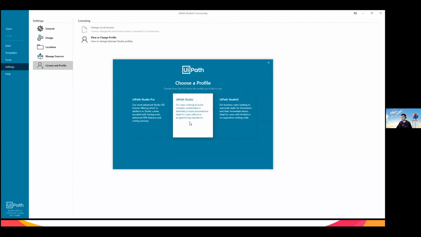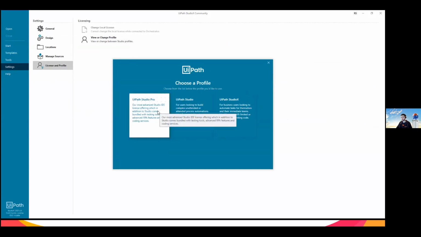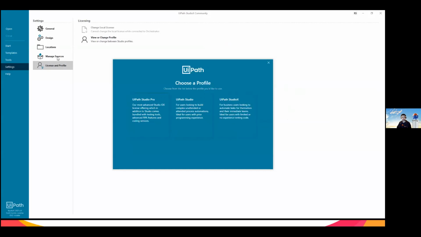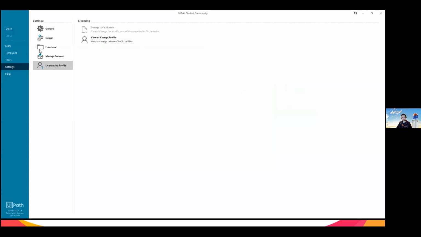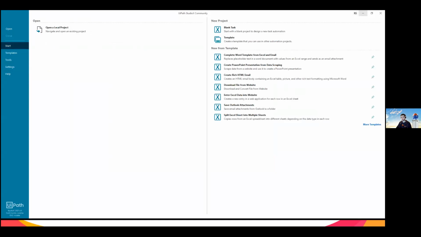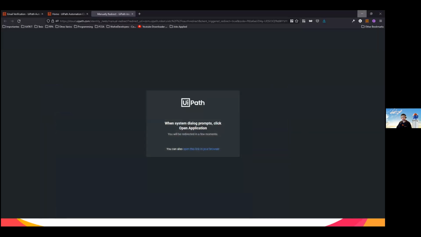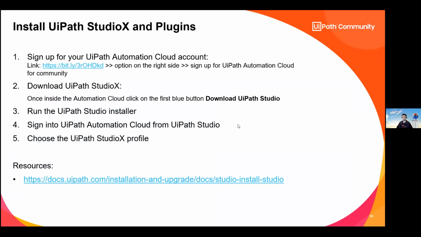If it's blue, it's because you selected Studio or Studio Pro, okay? Just make sure you have this. And if you selected one of the other ones, just go into settings, license and profile, view or change, and just select UiPath StudioX, okay? So I'm just gonna minimize this, and we have it here.